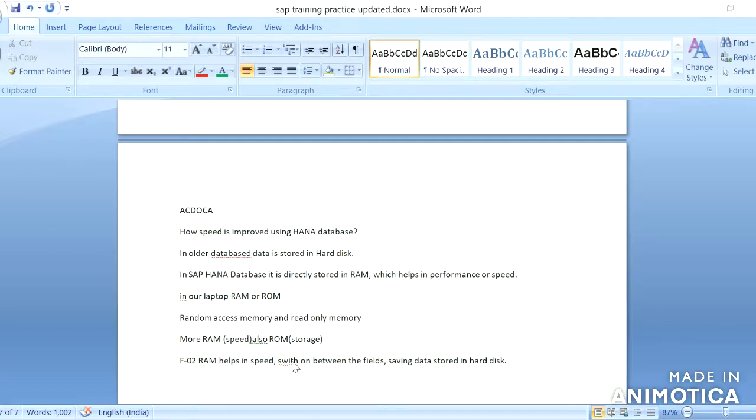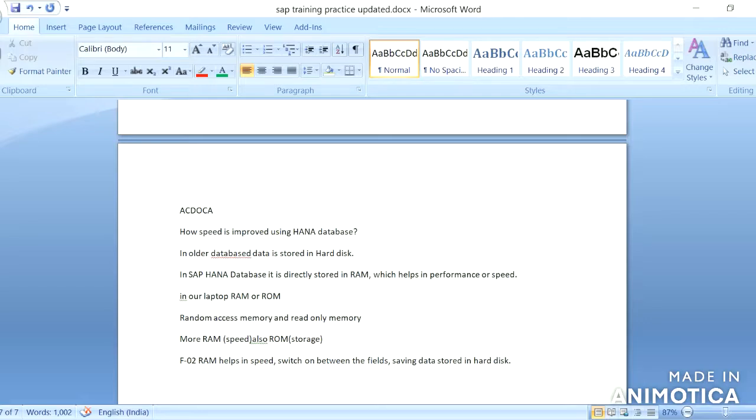So till now we have understood how the RAM and ROM work. When we give an instruction in SAP, first the instruction goes to RAM and from there it goes to ROM.